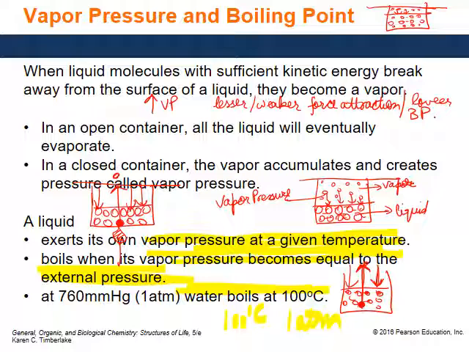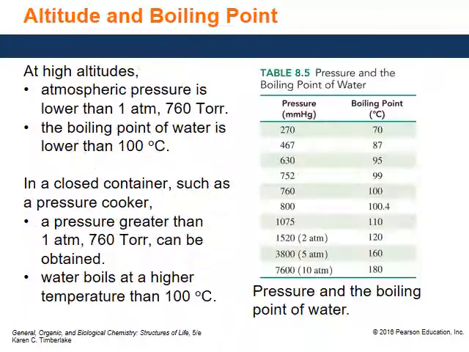Right? So that is how vapor pressure is associated. At higher altitudes, atmospheric pressure is lower than 1 atm. Therefore, boiling of water occurs at a lower temperature than 100 degrees Celsius. So this explains how gases behave, what vapor pressure is, and how liquids boil at different pressure conditions. Okay, so this is the end of this particular chapter on gases.